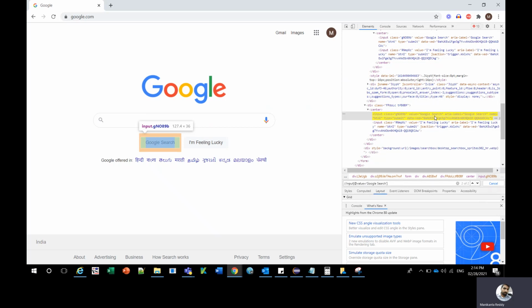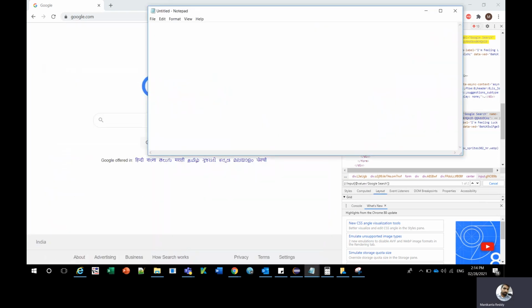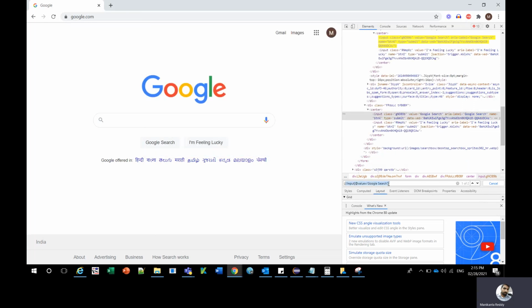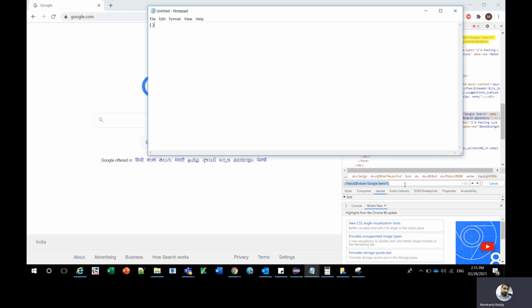So how do we use the XPath for the second element only, by eliminating the first element? Here I'm going to show you that. For that you need to do the indexing. First we need to add parentheses on both sides. If it's not visible, this is the parenthesis. We need to put the whole XPath in this parenthesis. Since it's a little smaller in size on the Chrome, I'm writing it on the notepad as well.